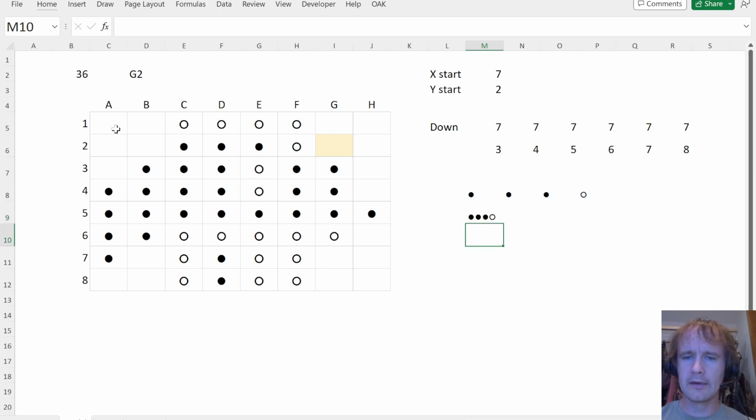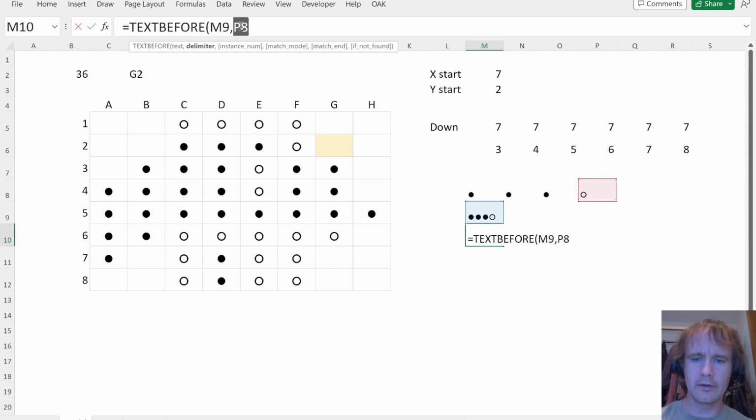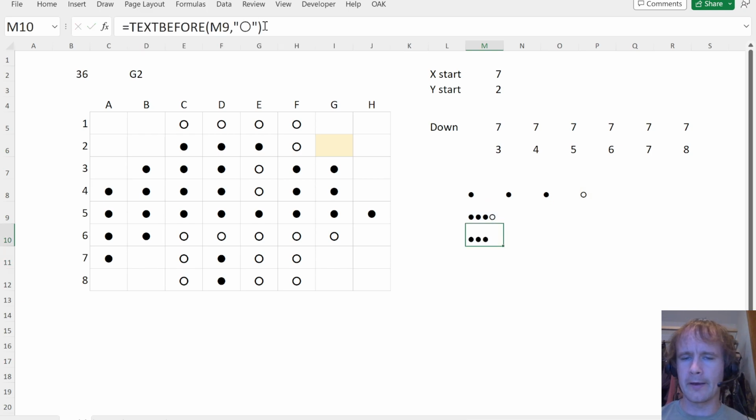You get that, and then you could use a text before to figure out what comes before the first white. I'll just, again, take this and then hard code it. And then, sometimes that'll give an error, sometimes it won't. And then you basically want to figure out, is this thing that's left before the white, is that all